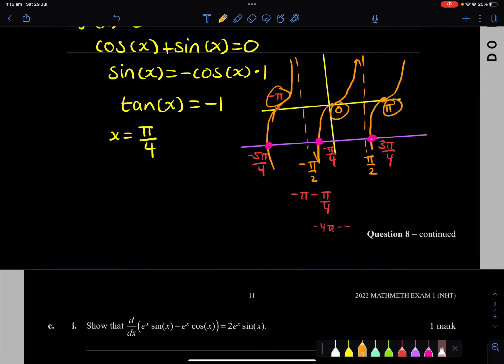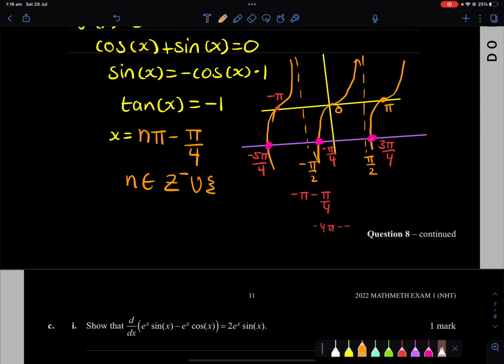It goes by that, so we can maybe say x can be n pi minus pi over 4. Because, for example, let's say if it's 0, so 0, -4, perfect. Okay. But we can only take n as an element of all negative integers